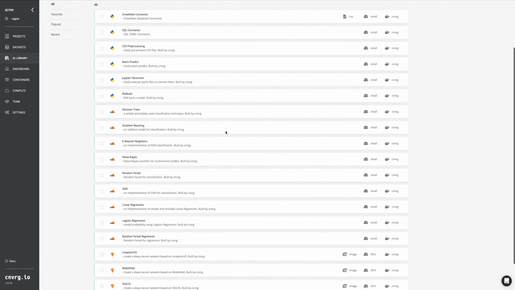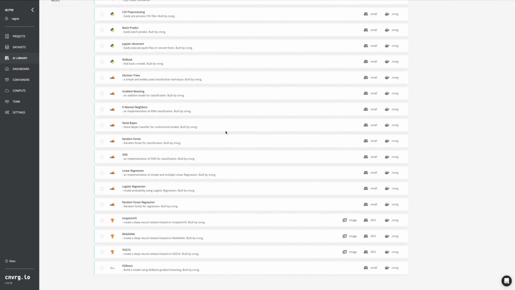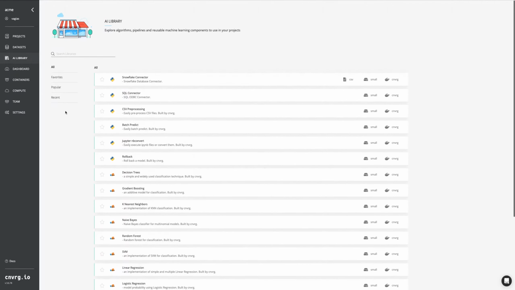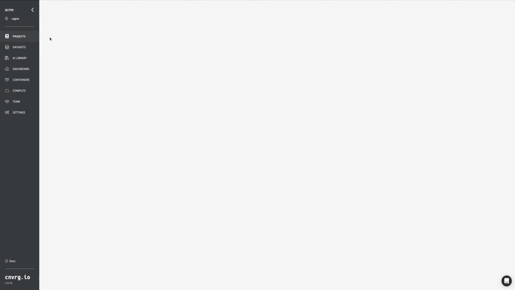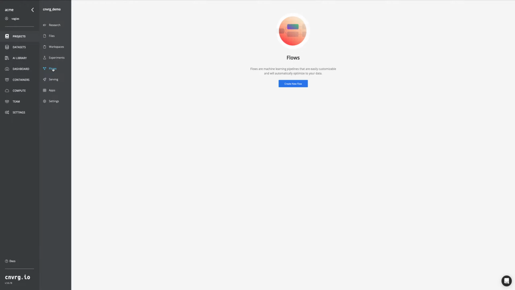We ship a lot of pre-built and ready-to-use AI library components that you can leverage from day one, but you can also create your own custom AI library components, as you'll see here in a second. In the AI library, as you grow the number of algorithms that you can add to your pipelines, you can search through the AI library here, as well as create favorites so that you can find them easily using the sidebar. If we jump over to our demo project that we've been working on, we can actually navigate to flows,